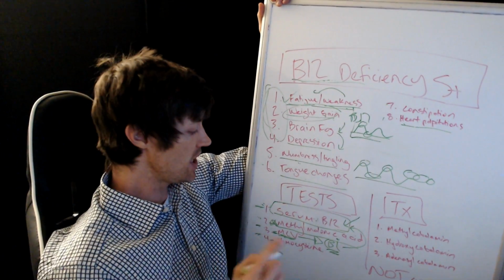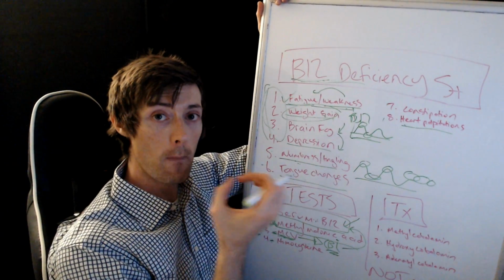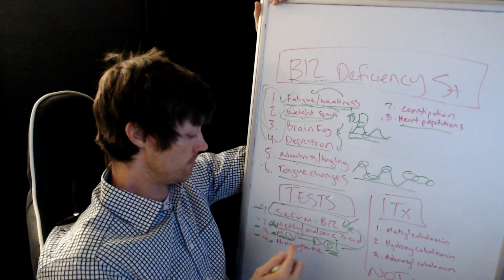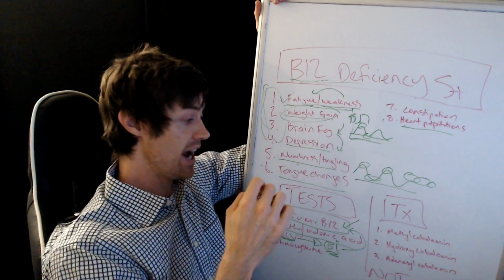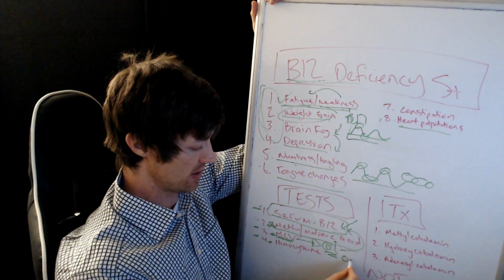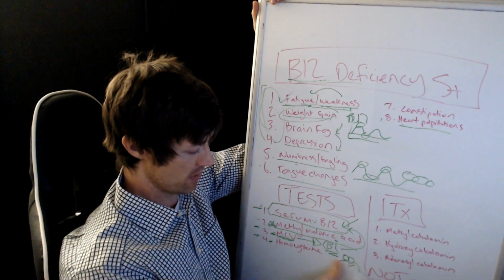Now the MCV, you don't have to worry about what it stands for, but what it means is it's a reference to how big your red blood cells are. And the higher your MCV is, the bigger your red blood cells are. And the bigger your red blood cells are, so instead of being like this, they're actually like this, right? And this is a sign...